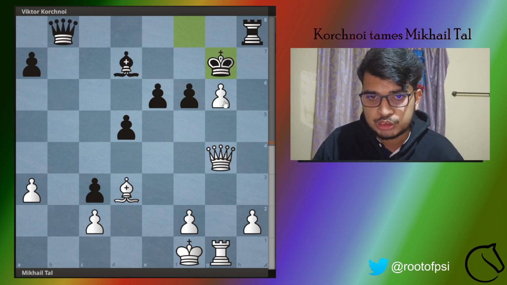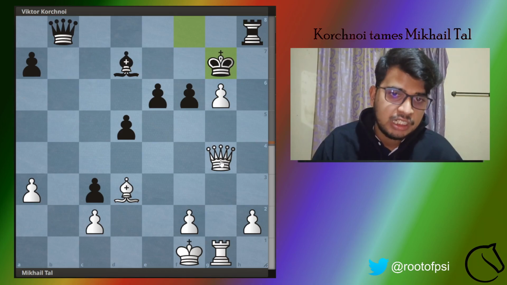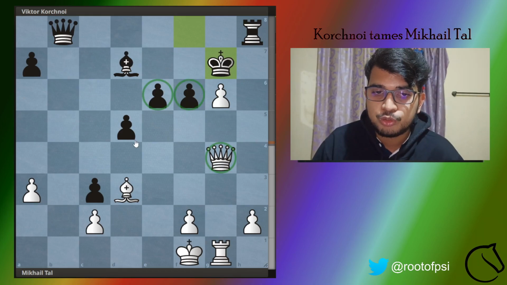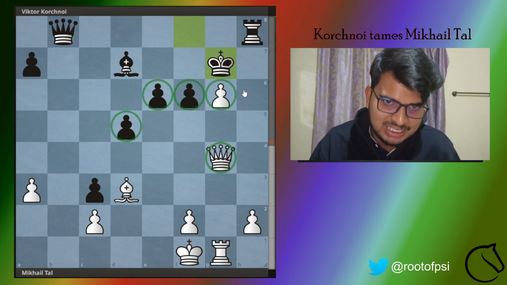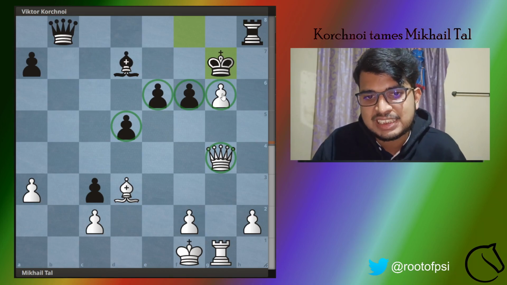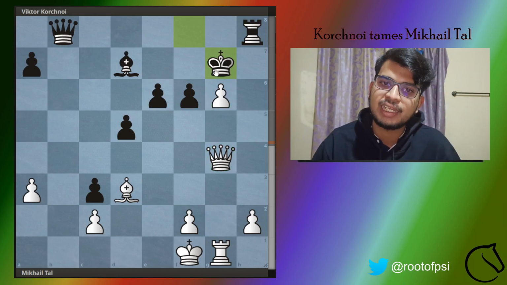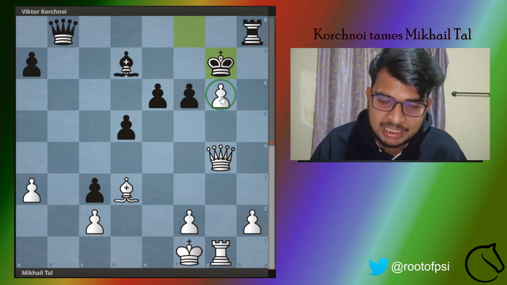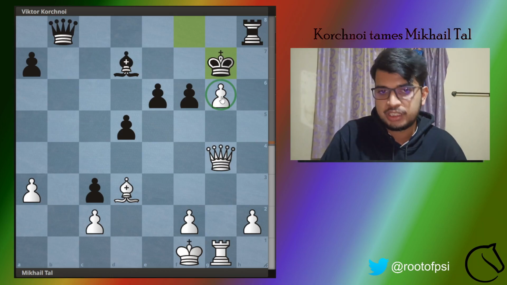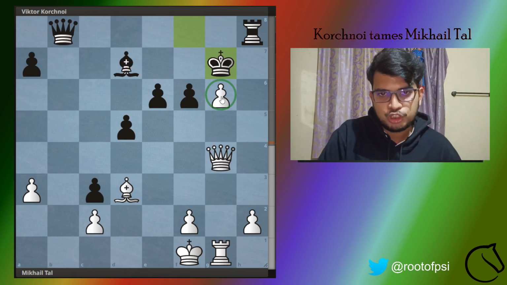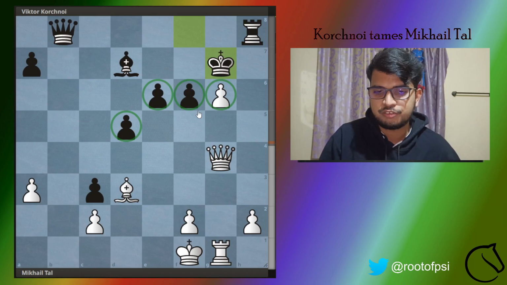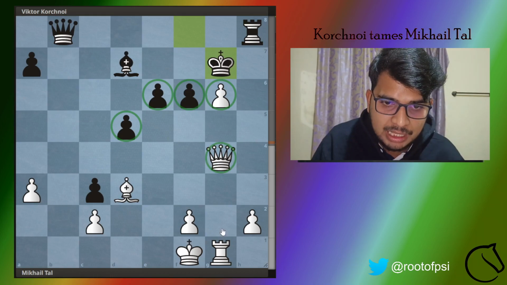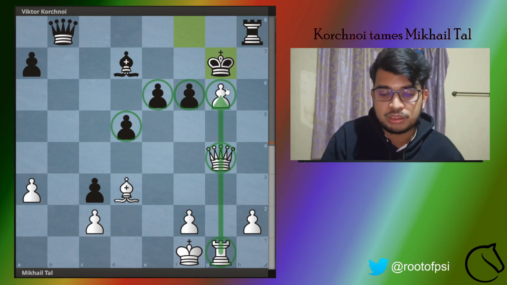This is a very nice concept that you should keep in mind, that your opponent can take your pawns, but the opponent can't take his own pawns. So this pawn actually acts as a very good shield for you and helps you defend, because this is like an unbreakable shield in front of the king. So Viktor Korchnoi of course sees that even though he is materially equal, he has these very nice central pawns which will create play for him, and Mikhail Tal absolutely has no attack on the king side.